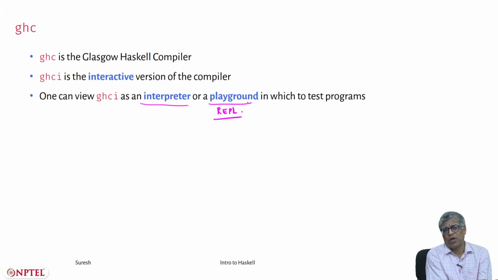You write your programs, you immediately test your programs by providing various arguments to your program and asking GHCI to evaluate it. Once you are convinced that your program works correctly, then you can go back and add a main appropriately and then make it a standalone program. We will see examples of this soon.